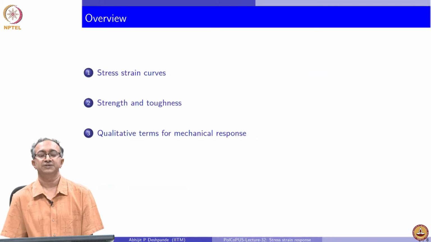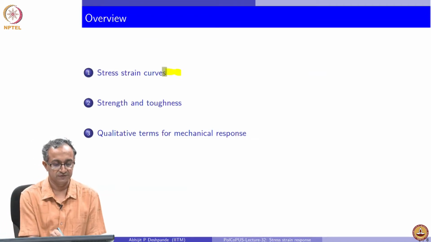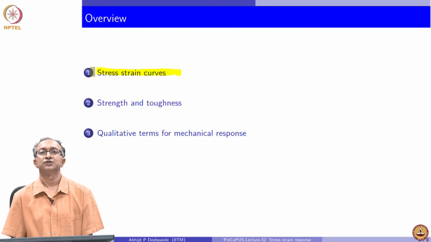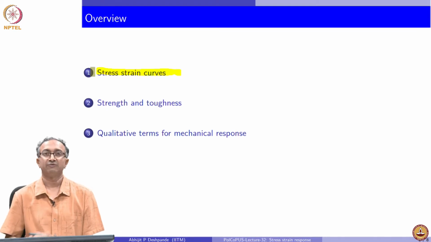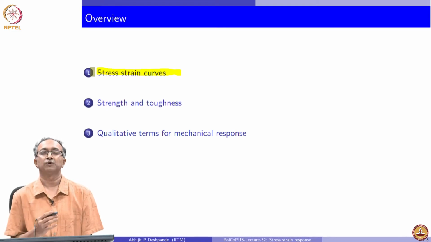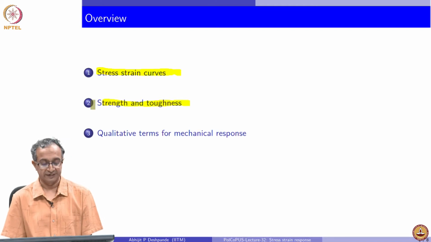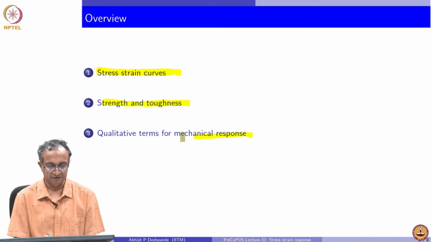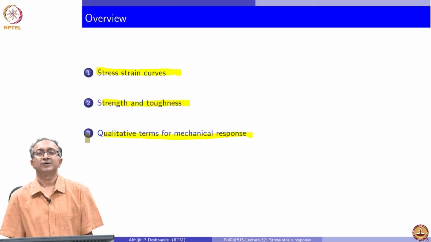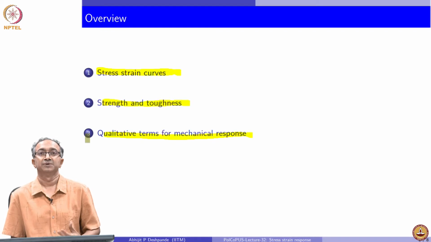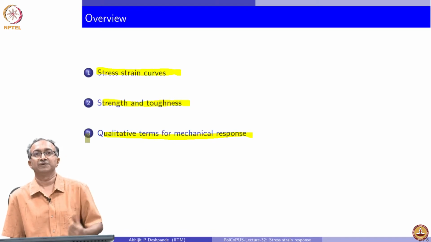The way we will do this is first look at the stress strain curves. Many of you should be familiar with some of these curves from strength of materials or any solid mechanics course, but we will quickly review them and talk about the properties which are important for polymers. In addition to modulus, strength and toughness are important characteristics, and we will finish by quickly looking at some of the qualitative terms which are sometimes used in engineering applications to describe the strength or weakness of a polymeric system